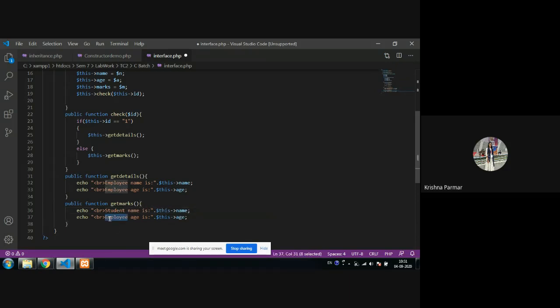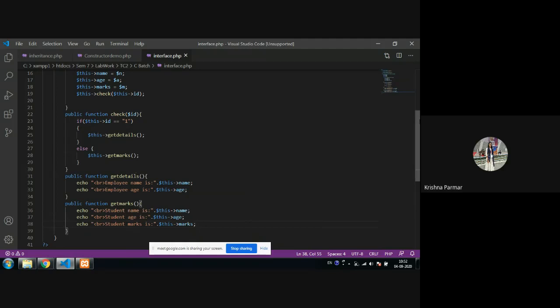So name and age are already fetched, but as a student we have to go for the marks also. So echo, then br, student marks is, dot this marks, because we store this in the marks variable.